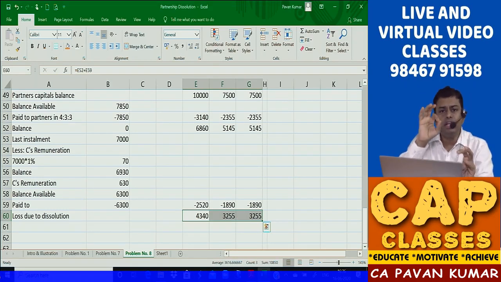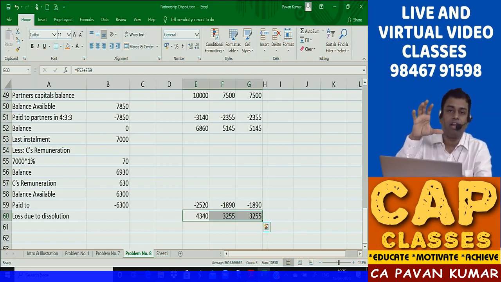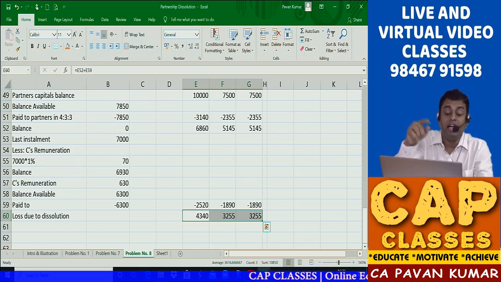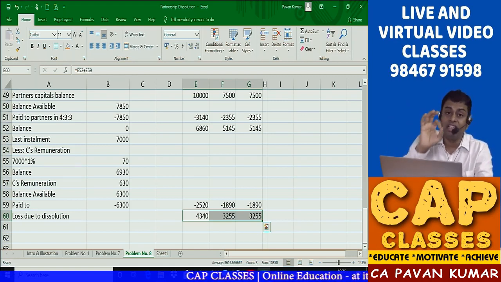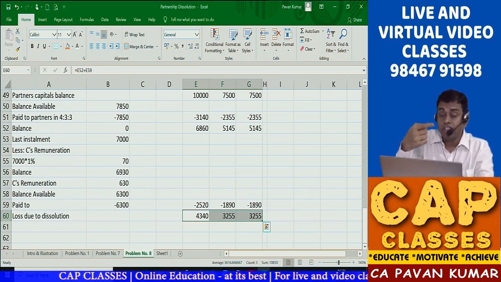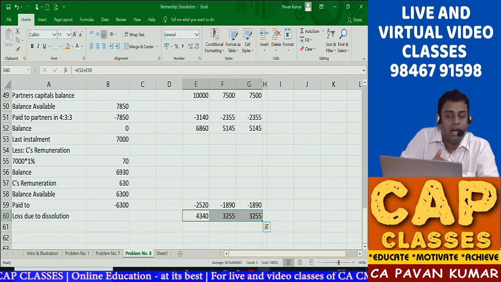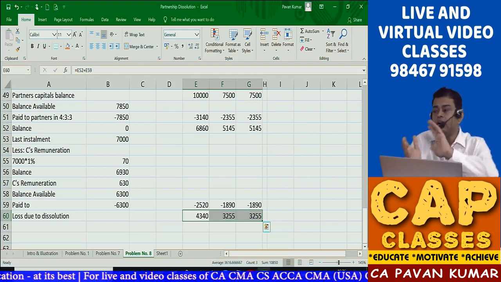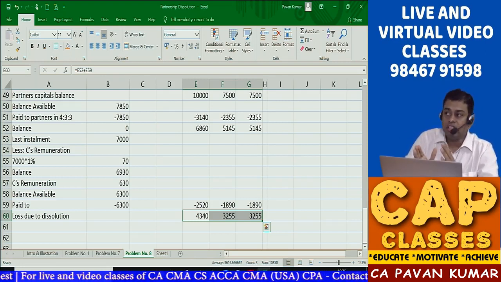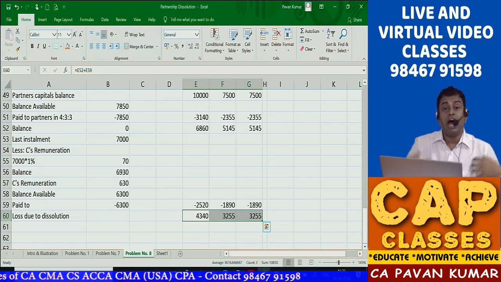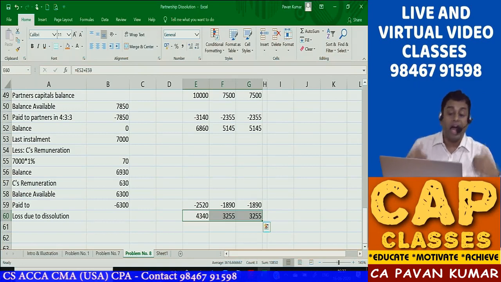So simple. I'll tell you the basic essence of what we have done. Partners have different amounts of capital and different profit sharing ratios, which is injustice to some partners and undue advantage to some partners. Some of them are in an advantageous position, some in a disadvantageous position. That means I have put more money for less share, so I am crying more now.